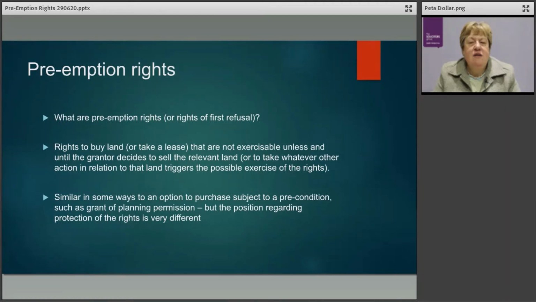So, what exactly are preemption rights or rights of first refusal? Well, they are the right to buy land or to take a lease that are not exercisable unless and until the grantor of the rights actually decides to sell the relevant land or to take whatever other action in relation to the land triggers the possible exercise of the rights. So essentially, they are an option